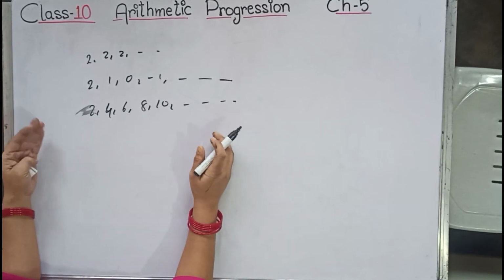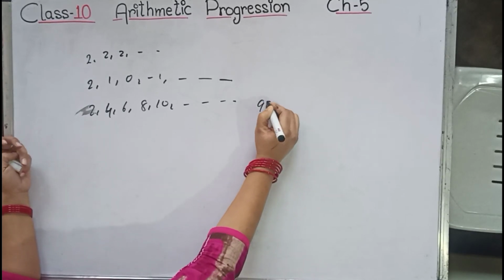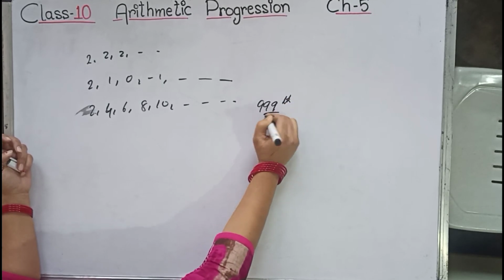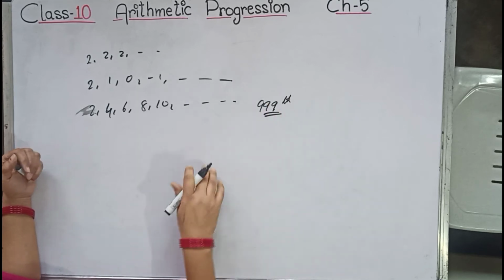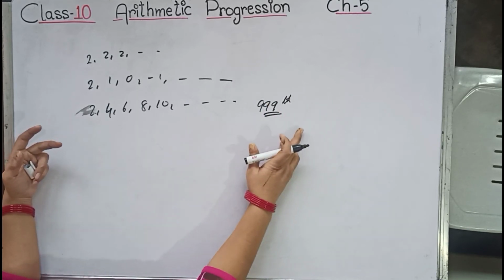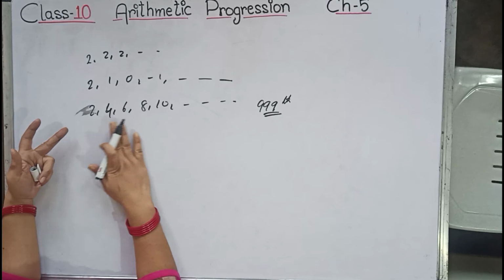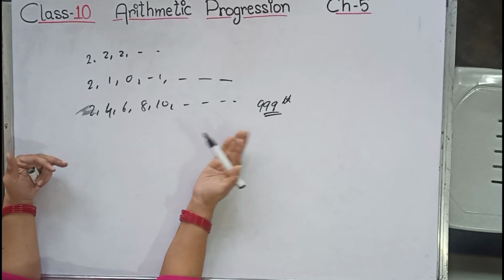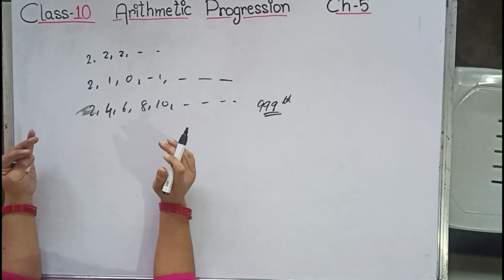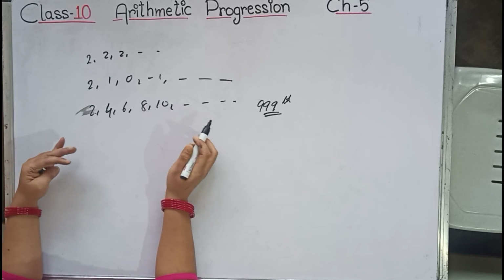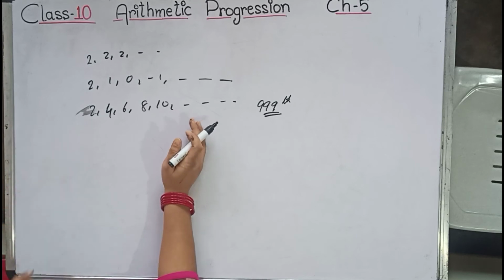Suppose anyone asks you, or the query comes in your mind, what will be the 998th term, or the 999th term. Then obviously either you will have to calculate, which will take time, or, since it is a series of even numbers, you can calculate, but this is not possible in all cases. So we have to derive one formula for the nth term of an AP, which is also called the general term of an AP. So let us start.